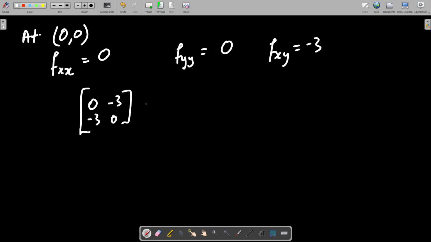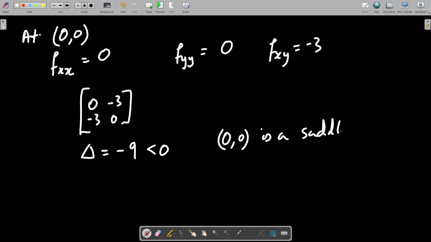Clearly, you can see its determinant, delta, is equal to minus 9, which is negative, right? So it's a saddle point. Okay, (0, 0) is a saddle point. Okay, next